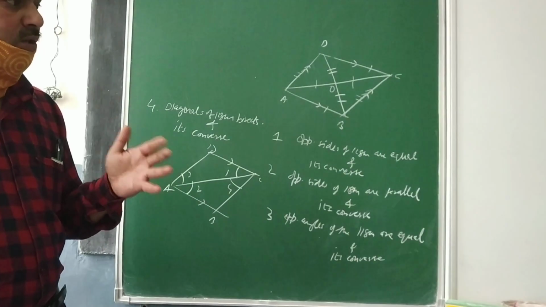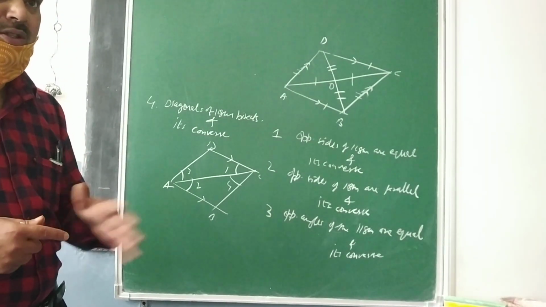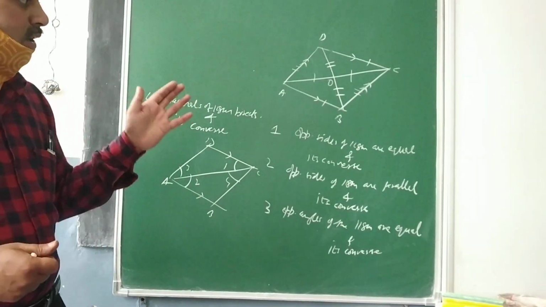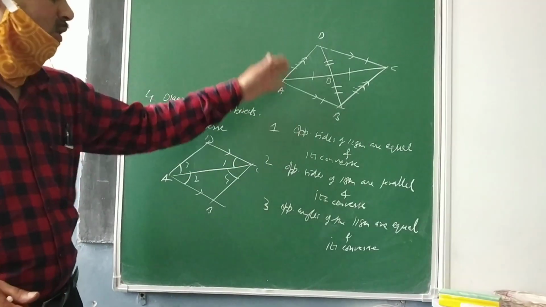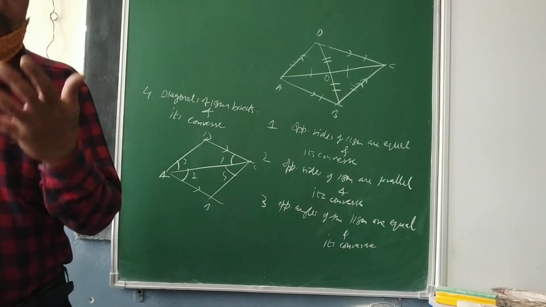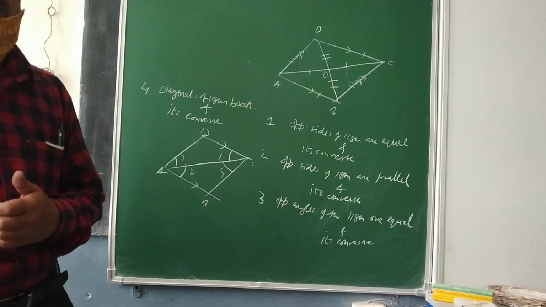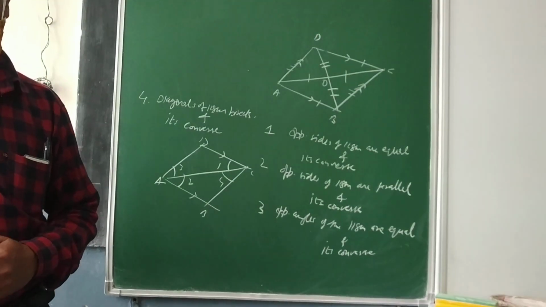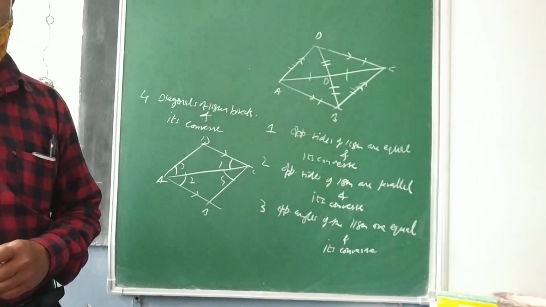So today you have to just start by revising these results and properties, and their proofs are also given before the exercise. Then we will start with the exercise problems, and side by side I will be discussing all these proofs with you. My point was to make you understand the importance of all these results which you have read earlier in your previous class. So please go through them, then we will start with the exercise problems.